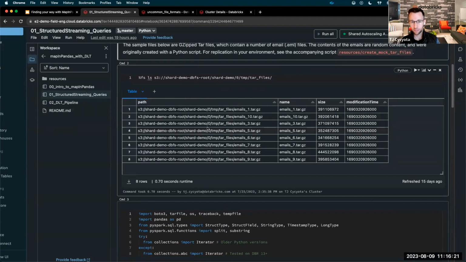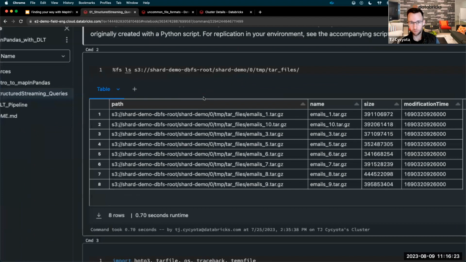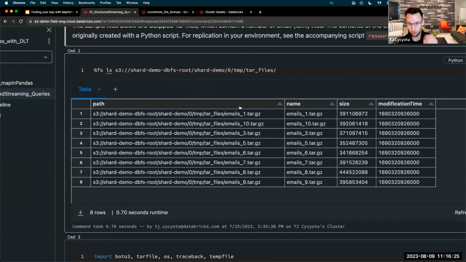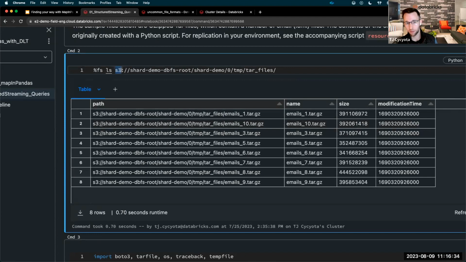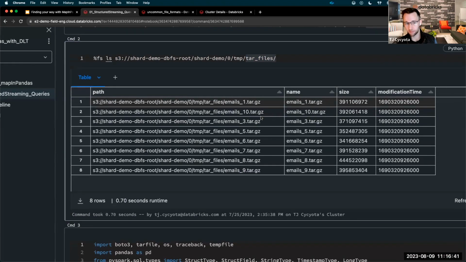So just to give a sense of scale, it's obviously not real customer data. These are all fake emails, just a simulation of the kind of situation that the customer was experiencing. We have an S3 bucket, and on this S3 bucket we have a directory called tar files. Within this directory you can see we have many of these pretty large tars, about 300, 400 meg total. So very, very large files to process. And importantly,